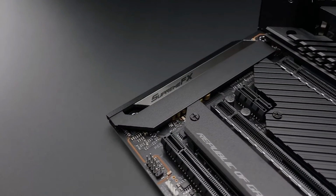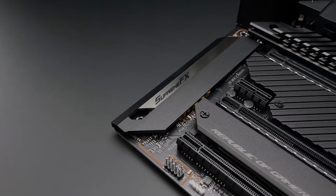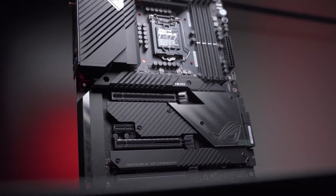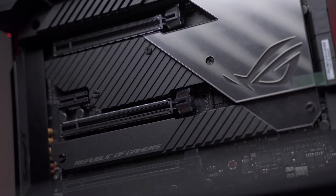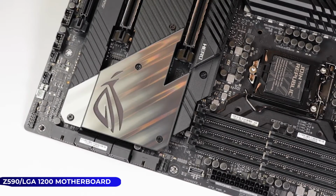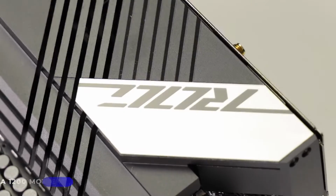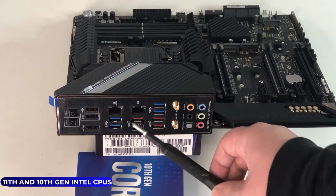Remember when we told you that ROG likes to make the craziest motherboards with the most overkill feature sets? Well, we can assure you we weren't lying, and we can prove it by looking at the Z590 Maximus 13 Hero motherboard. This is the top-of-the-line $500 Z590 LGA 1200 motherboard, compatible with the latest Intel 11th and 10th gen